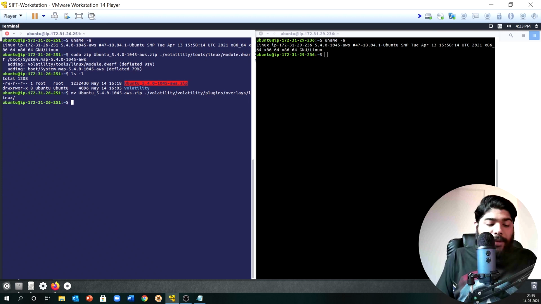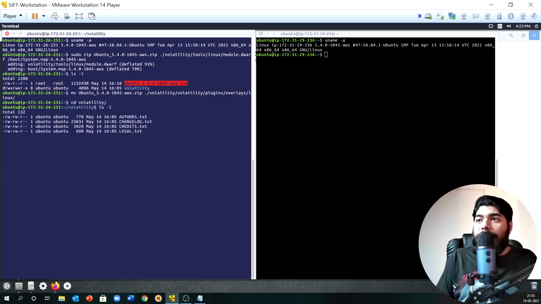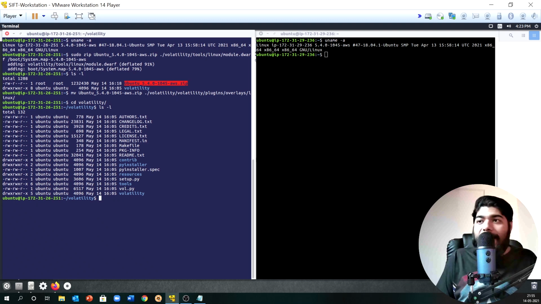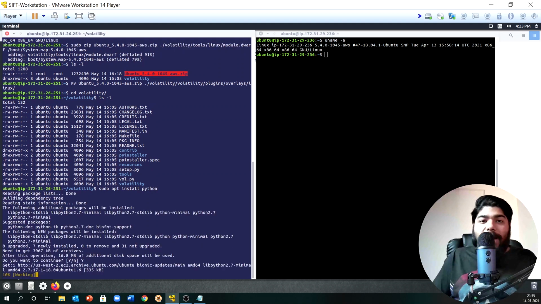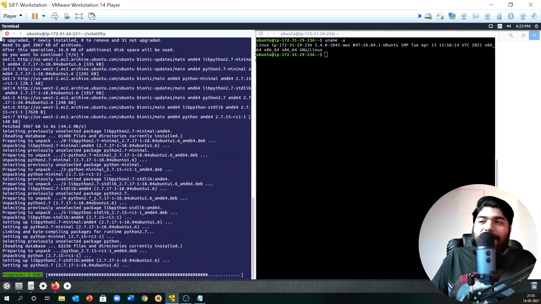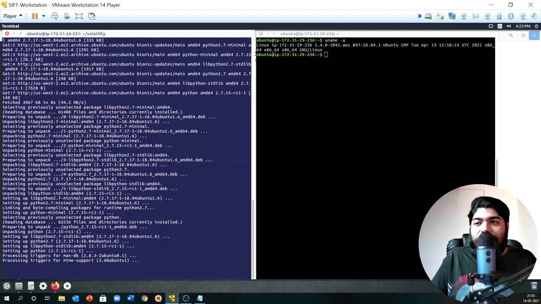Okay, so for that we will go inside our volatility folder, and we will do a quick ls -l just to verify. And I guess I don't have Python installed on this machine, right? So we can quickly do sudo apt install python, because vol.py is a Python process, so obviously you need that anyway.